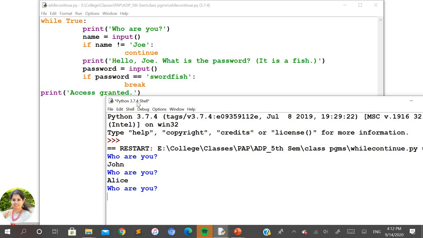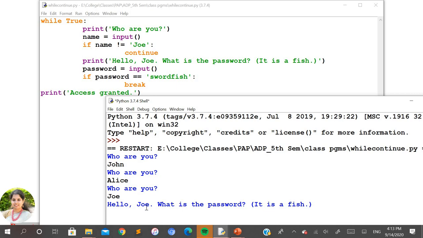As soon as I type Joe here, you can see this part is skipped, and it proceeds with the next statement inside the loop. Hello, what is the password? It is asking the password to be entered.